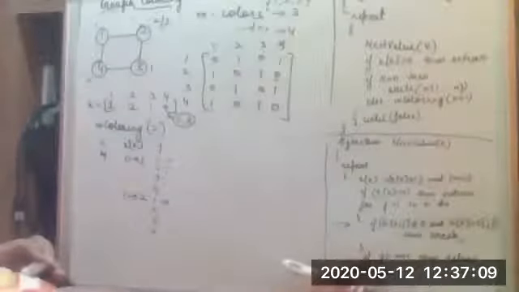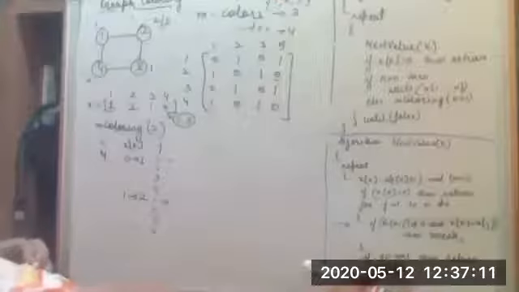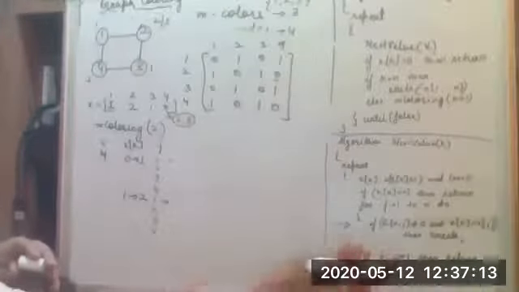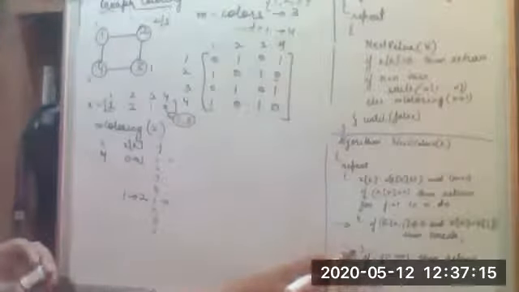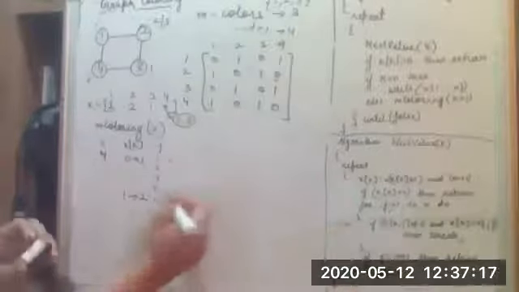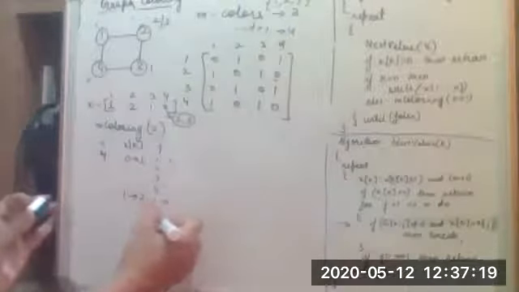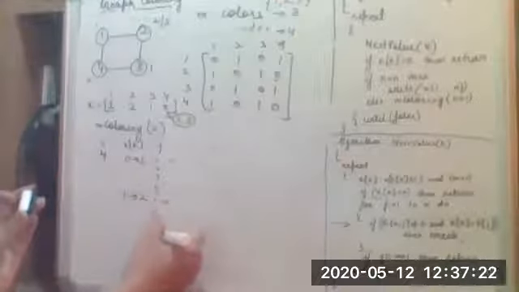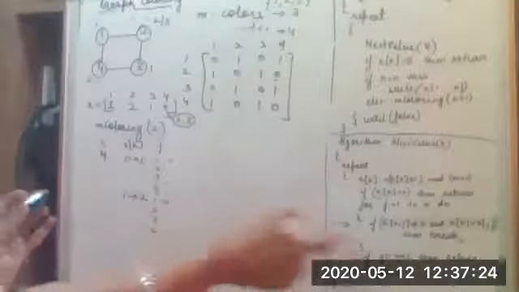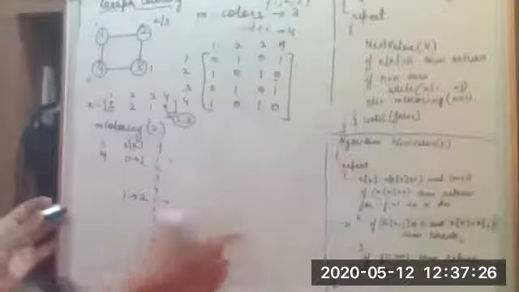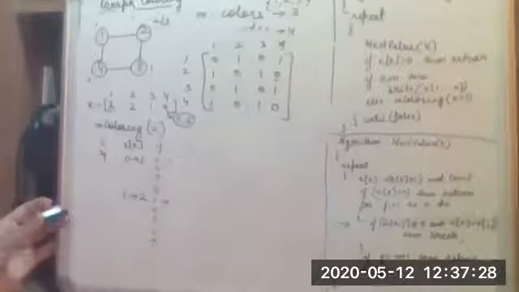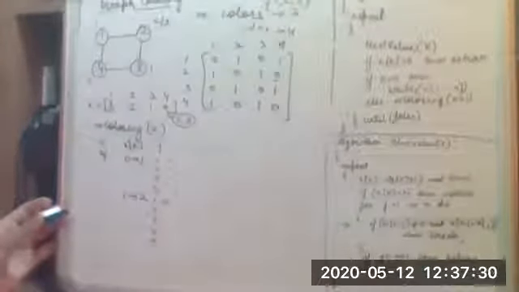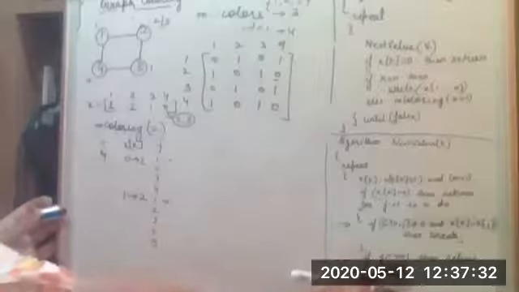Now it will say that if j is equal to n plus 1, then it will return, because when all the conditions are true, yes, j is equal to 1, it is true. J is equal to 2, it is true. J is equal to 3, it is true. J equal to 4, it is true. So at the end, j will be made equal to 5, and it will exit the for loop. So in that case, j value will be equal to n plus 1. So it will return back here.